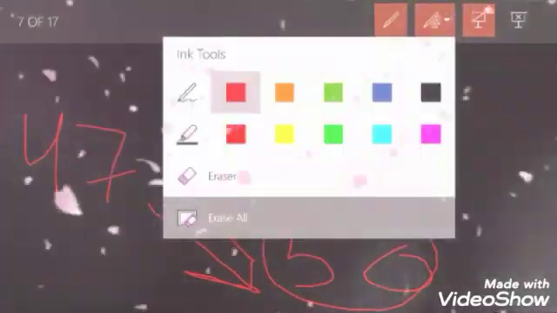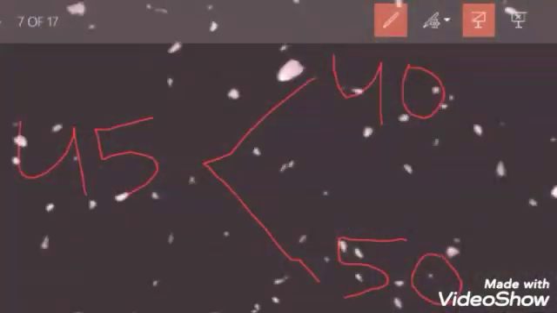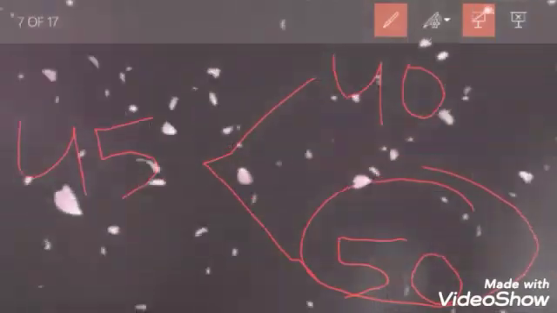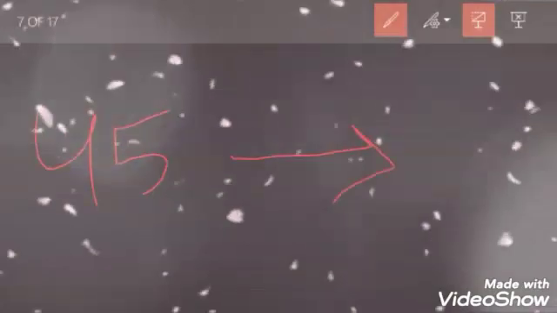Now, 47. Again, the two nearest 10s of 47 are 40 and 50. Again, it is clear that 47 is nearer to 50. Thus, the nearest 10 of 47 is 50. Now 45. As we all know, 45 comes in the exact middle of 40 and 50. In such a situation, we will take the greater number, that is 50. So, the nearest 10 of 45 is 50.